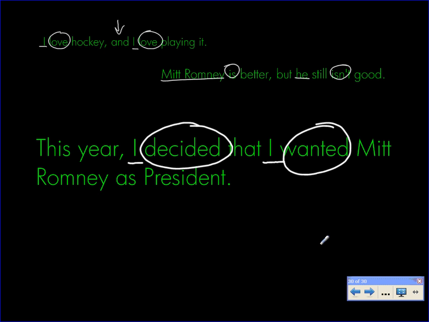I'm just going to give a little preview of this rule. I don't want to go into it in too much detail because I still want to focus on this one comma rule and I don't want to confuse you. But some of you will be ready for this. Whenever you have sort of just random words placed right before the subject, you follow them with a comma. So if I said, on Friday, we studied grammar,